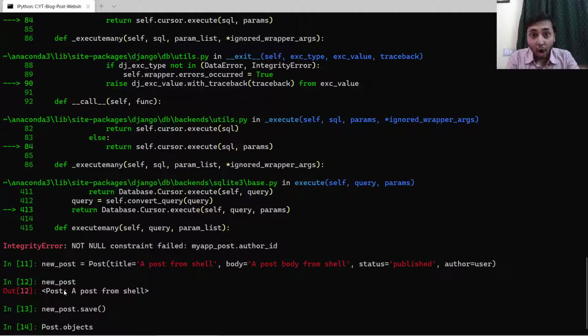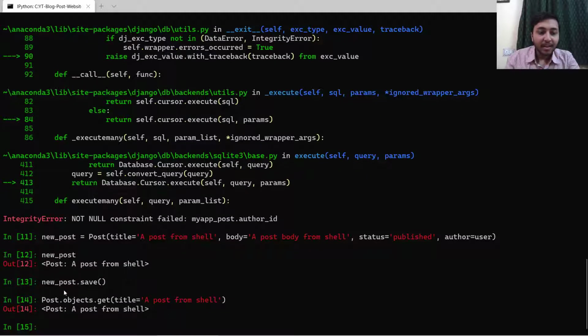Remember here I have written objects, not object, dot get. Now we have to get only one object whose title is this, and close the parenthesis, press enter. Right here you can see that we have grabbed the object from the database whose title is a post from the shell.